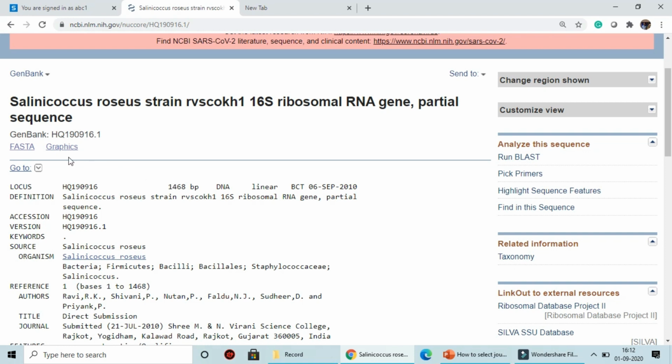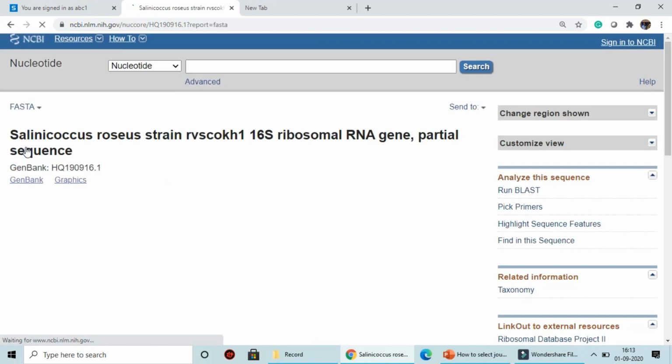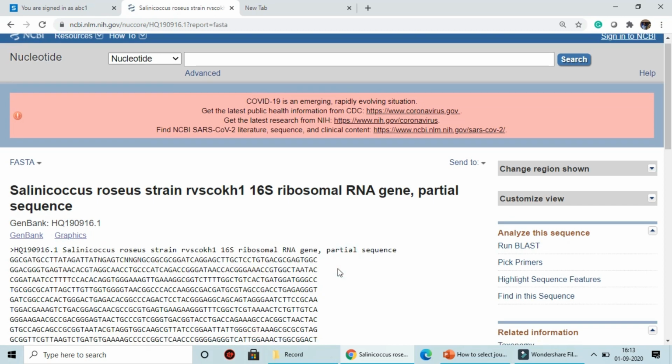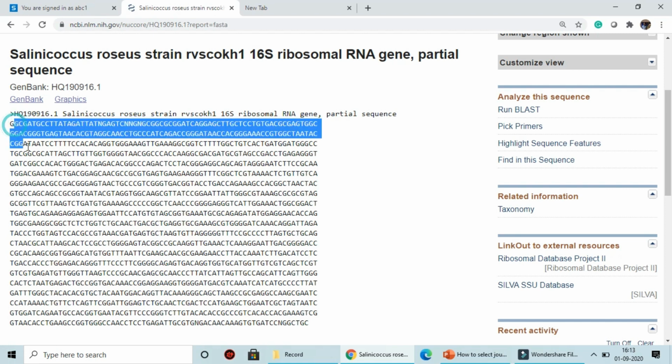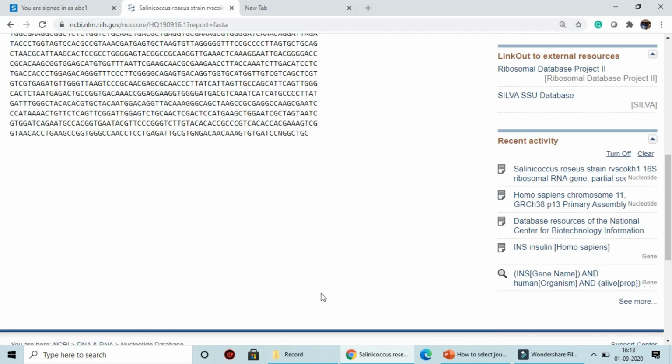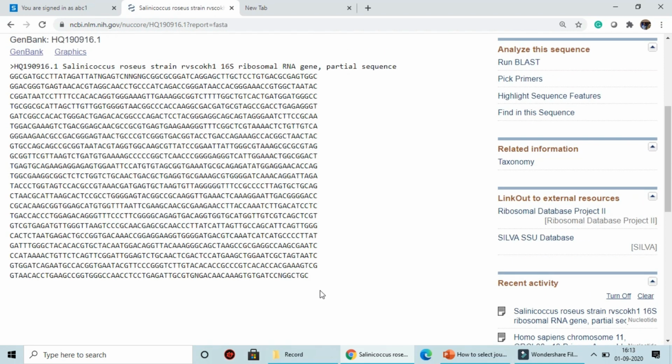So for that one, I can also convert into FASTA format. If I click on the FASTA format, all the details will be hidden, and I will get only the sequences. In the FASTA format, there is the greater than sign, a short description about this particular sequence, and later on, from the new line, you will find the ATGC. I can save it in the notepad or in the FASTA format as well, and proceed for my analysis. Alright, so this is all about once you have the accession number available with you.